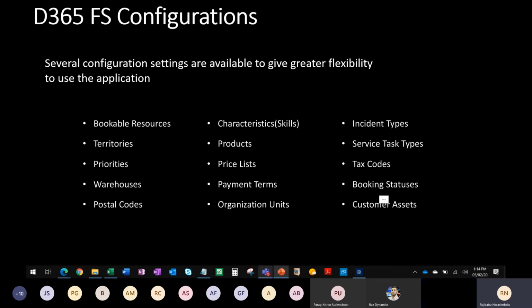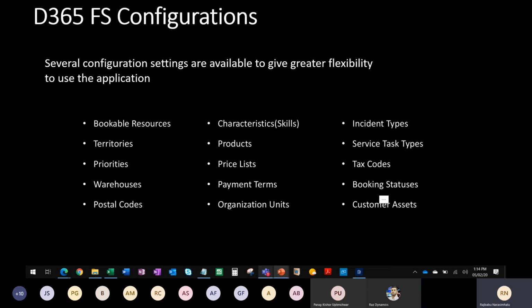So bookable resources are technicians who can go to the field to work on a work order. And a bookable resource is not just a technician. It could be any resource. Let's say, for example, a service facility,